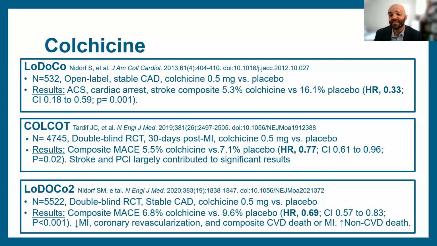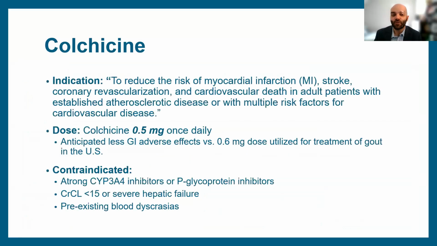Why? Well, it's likely because of the inflammation component and what we traditionally use colchicine for. Obviously, we know folks can get some GI distress, but it does have an indication now, in a brand name of 0.5, for decreasing myocardial infarction, stroke, and coronary revascularization. We want to, of course, caution people with a history of renal dysfunction or hepatic dysfunction, and with strong 3A4 inhibitors or P-glycoprotein inhibitors.